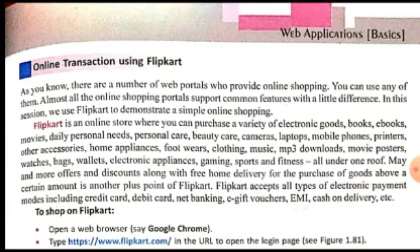Flipkart accepts all types of electronic payment modes including credit card, debit card, net banking, e-gift vouchers, EMI and cash on delivery. You can be asked in your examinations what the different electronic payment options supported by online websites are. It may be asked about Flipkart, or about general websites also. The examiner may ask you to tell what the different electronic payment modes supported by an online shopping website are. So you can mention all these electronic payment modes there: credit card, debit card, net banking, e-gift vouchers, EMIs, and cash on delivery.